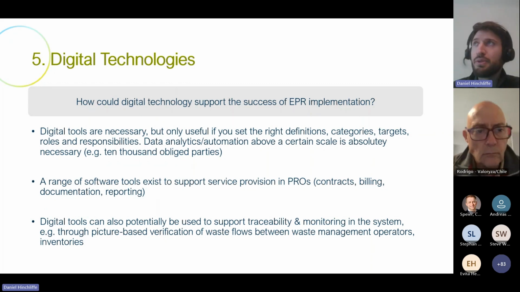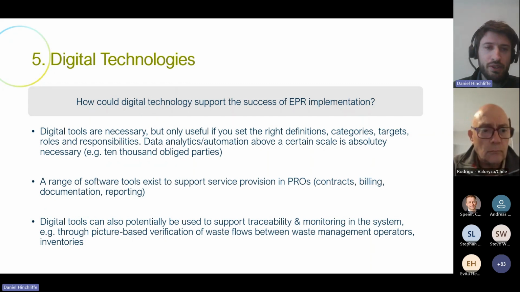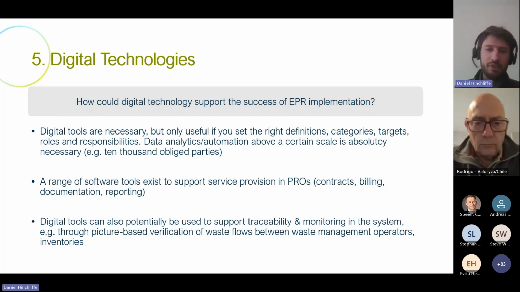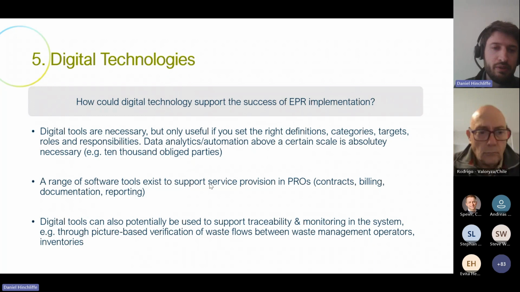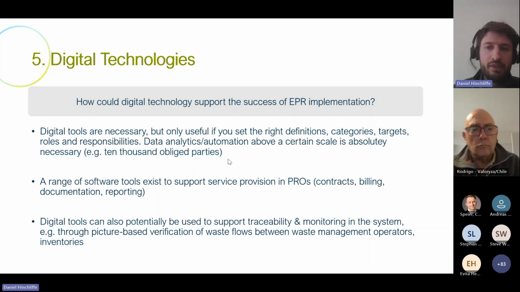Here, digital tools are really necessary because you might have tens of thousands of producers and importers who are obliged parties in your system. At a certain point, the scale of the system becomes so large that you can't do it without digital technologies. So you might need data analytics and automation software to support this. But all of this only makes any impact if you also have the right definitions, subcategories, targets, roles, and responsibilities